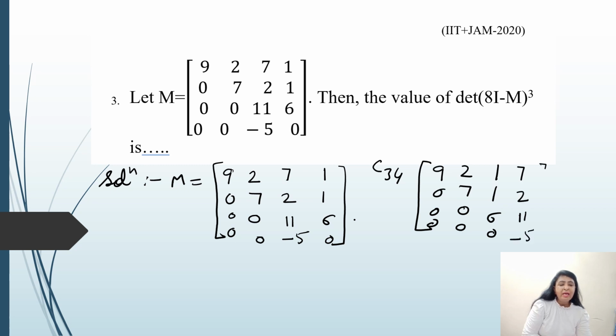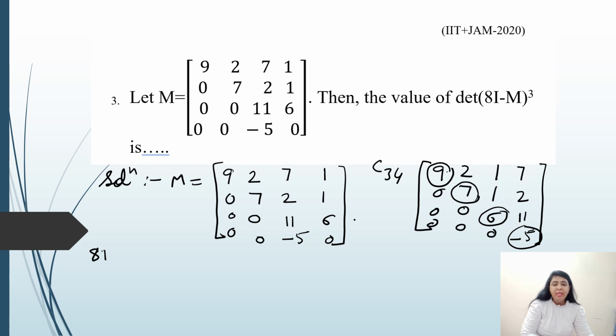So you can see that on interchanging the third column with the fourth one, we are getting an upper triangular form. So upper triangular form is this, then its eigenvalues will be these ones: 9, 7, 6 and minus 5. These are the eigenvalues. So what will we find? Now we will find 8I minus M whole cube and then we will find its determinant for various values of M. Now if M is 9, so this is 8 minus 9